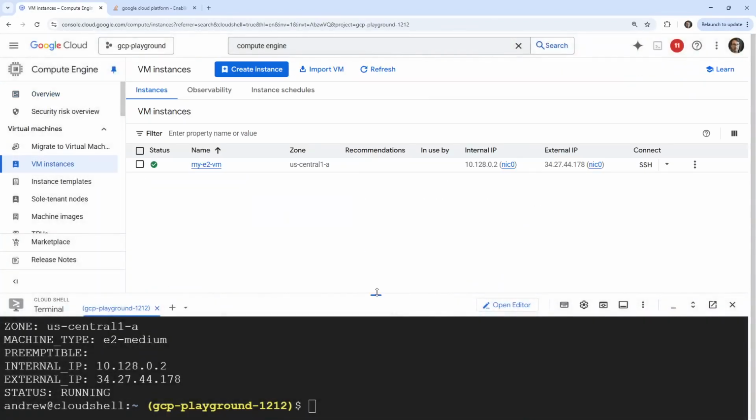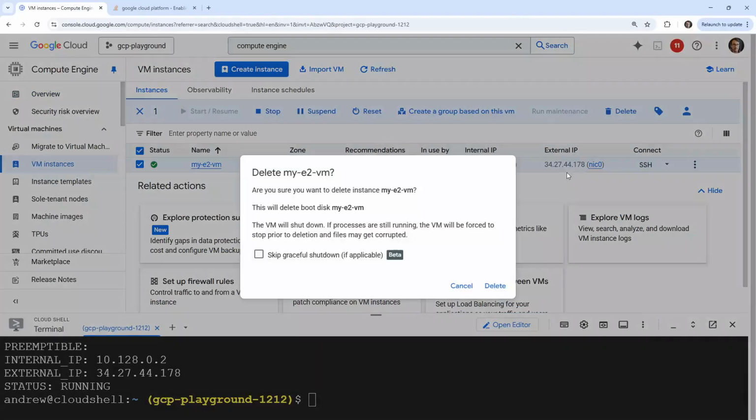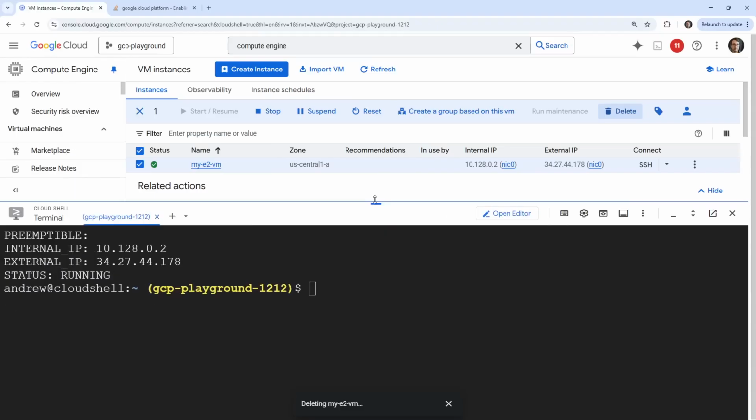Technically VM instances is what we want. So there it is. I'm going to go ahead and delete it. And we'll hit delete. Okay. So you can see it's a bit finicky, but we can enable, disable. It should prompt, and if you run into issues, I guess just do what I did there in